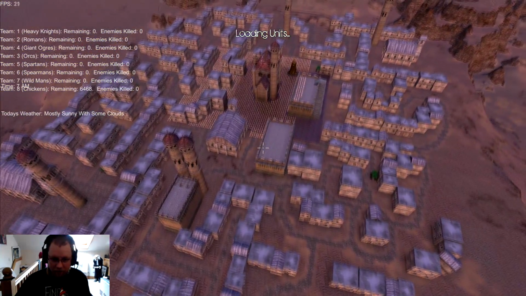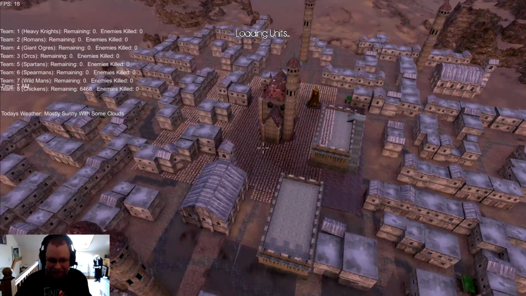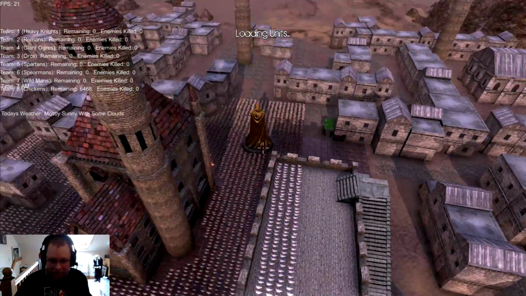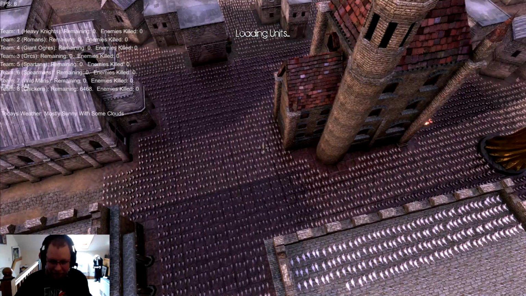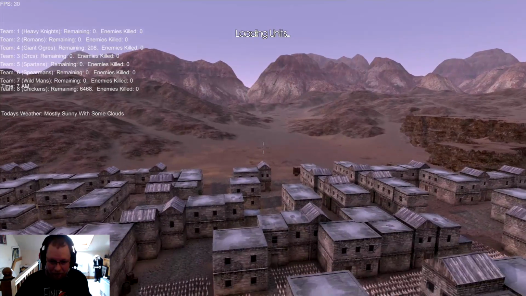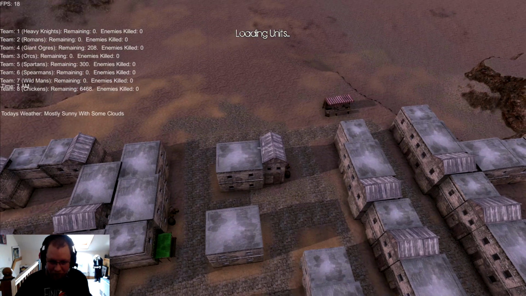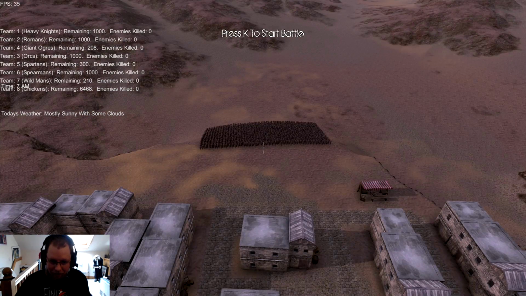This is going to be some kind of ultra slaughter. Look how many chickens there are. Jesus. There's some chickens right there. There's a lot of chickens. God damn. This might cause some slowdown. It's already causing some slowdown. Yep, there's the...